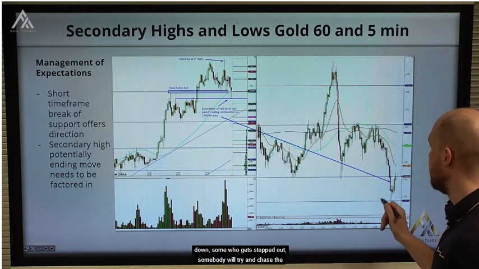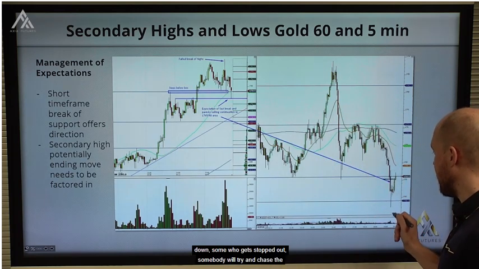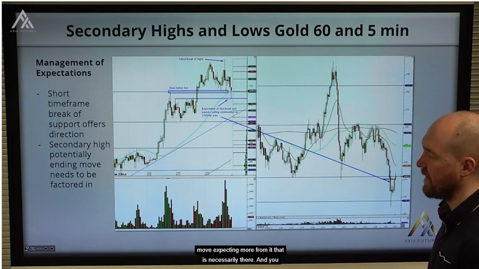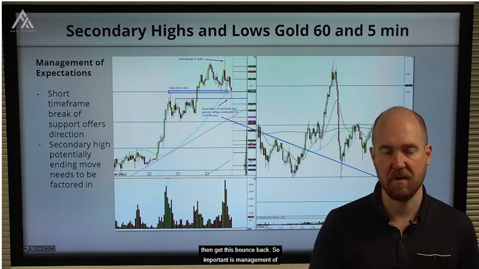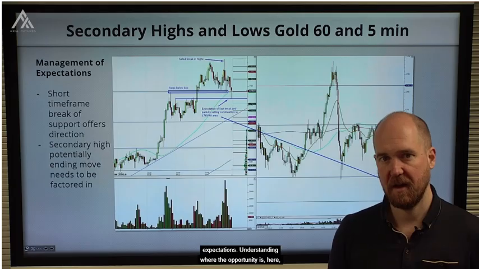It's a quick drop down. Some people get stopped out. Some people try and chase the move, expecting more from it than is necessarily there. And you then get this bounce back. So important is management of expectations. Understanding